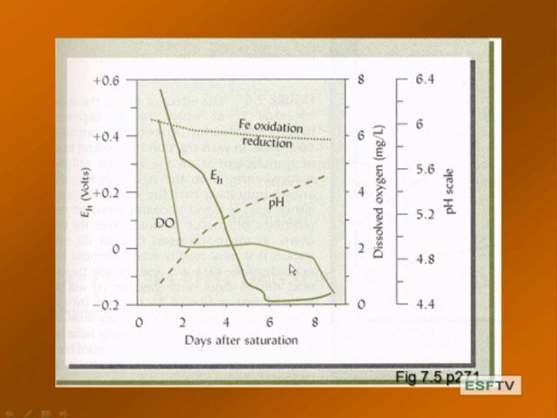Okay? So the EH, the system tendency to oxidize or reduce, measured in volts, drops precipitously too. So we go from 0.6, and then all of a sudden as that oxygen is depleted, we go down here to 0, we cross 0, and we're in negative numbers. We're in minus 0.2, minus 0.3. Okay? So here we are in the EH. And minus 0.2 is very low.